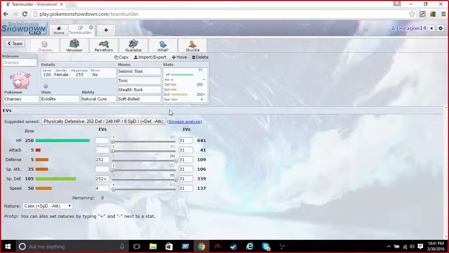That's a lot of stall game winners. Stall wins are all about being able to make it so the opponent can't do anything else. Chansey's really good at that. That's why it's OU. Now, if we look at Venusaur,